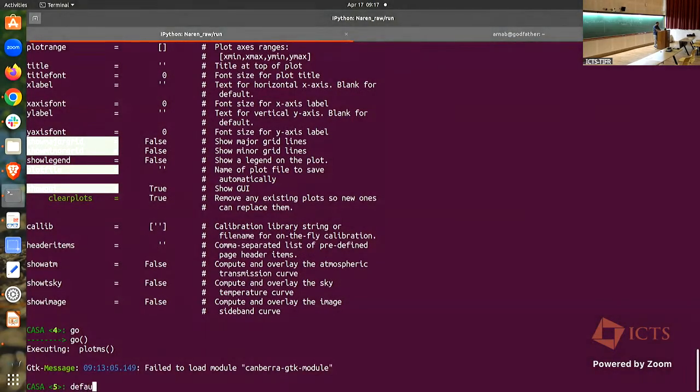The way we load the task is like this. You write default flagdata. So flagdata is the name of the task, which will basically allow you to flag your data in various ways. I use default because it will just take the default values in the beginning. It will not load the previous run. Note that if you run in CASA, you can load the previous run also, like if you have already run some command, you can load the previous run by some command, which I'll show later. But it is always better to do this default task. Otherwise, it will load from your cache memory. Okay. So run default flagdata